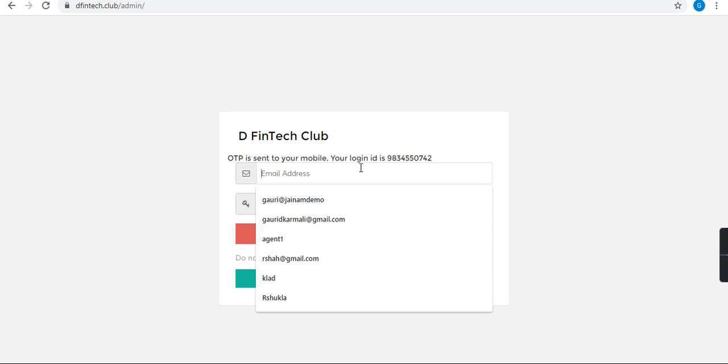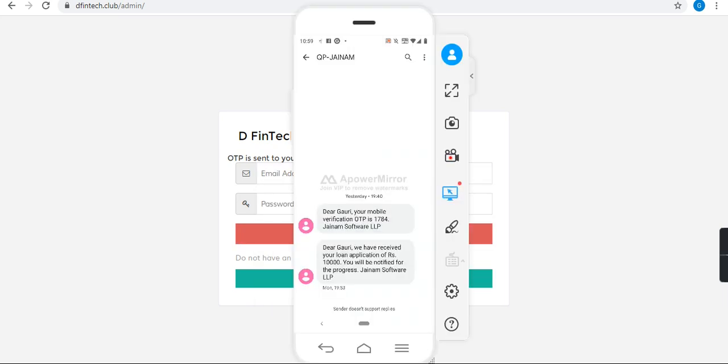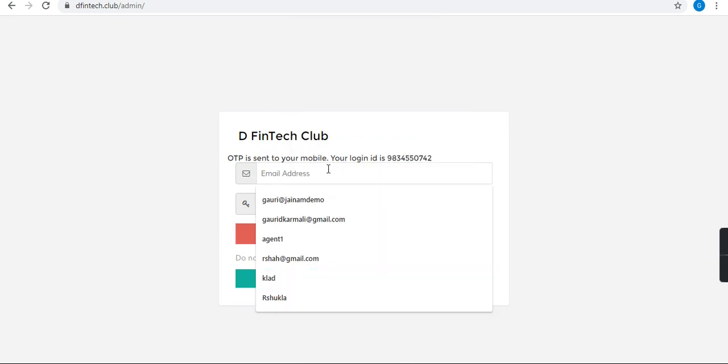So now I can show you where I have received the OTP. So you can see here I have received the OTP. Okay, so I'm going to enter my mobile number and OTP.